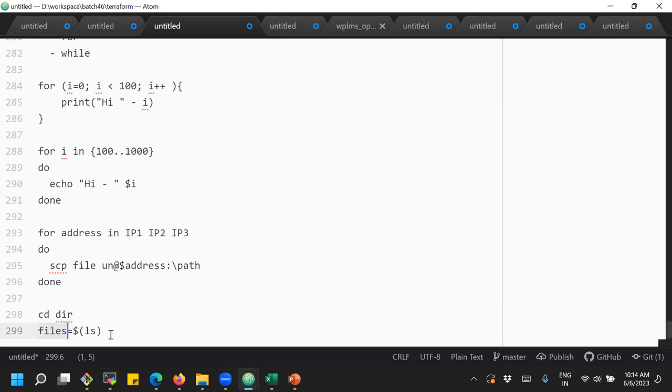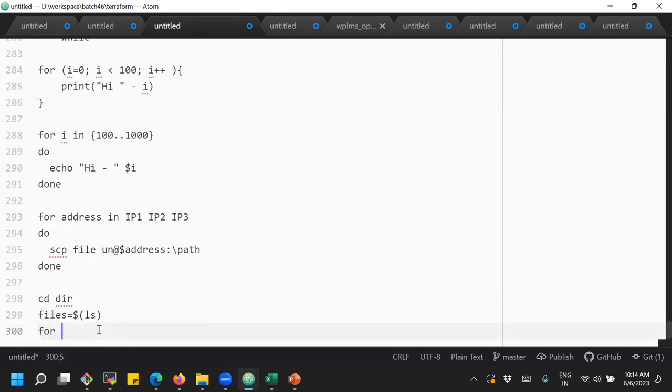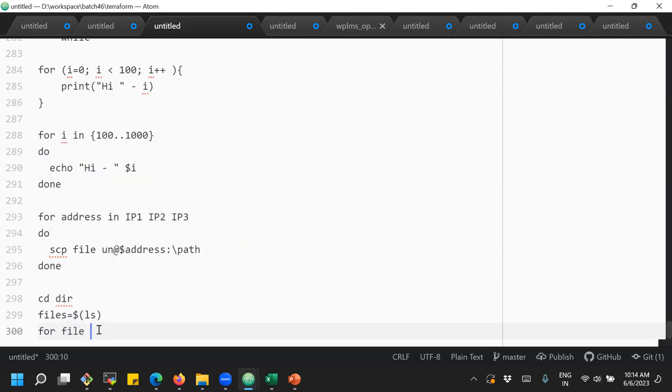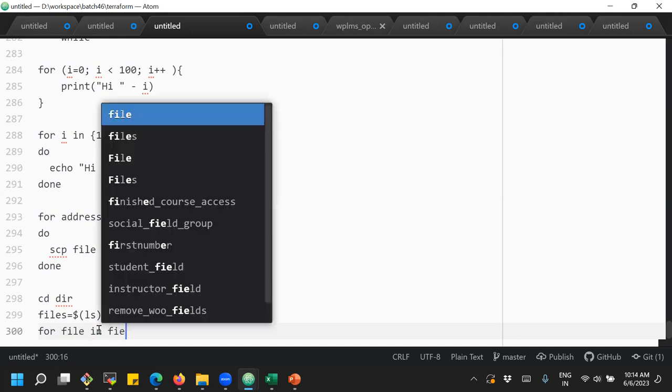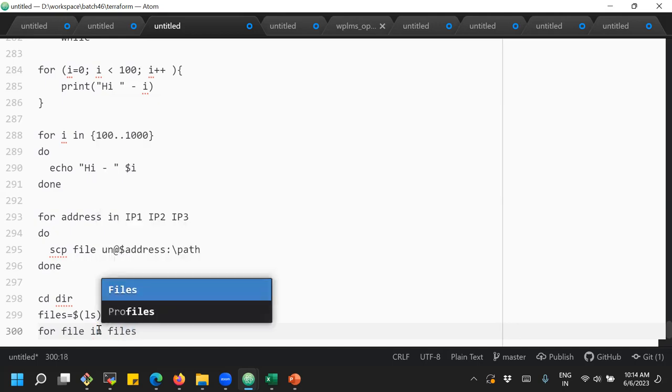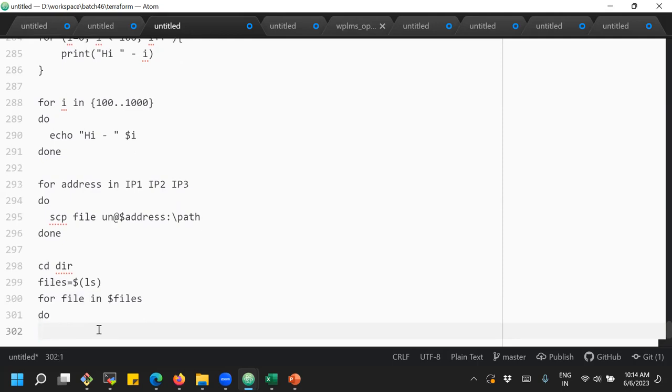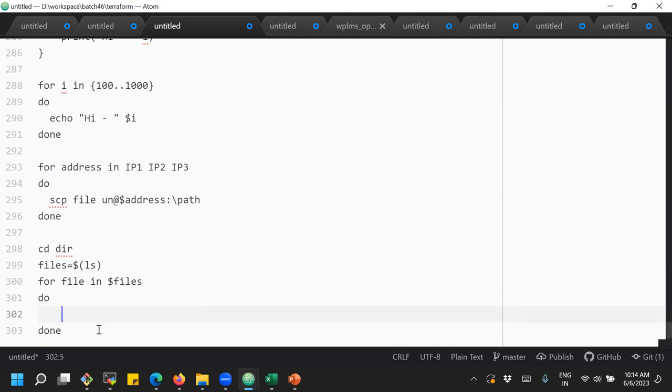Then, as a number of files which are there, I'm going to read each file which is in the files. So until that, the number of files which are there, we are going to read that, do, done. Then write the condition. What is the condition? If that is a file, how to check it? Is it a file or not? -f and the dollar file. If that is a file,